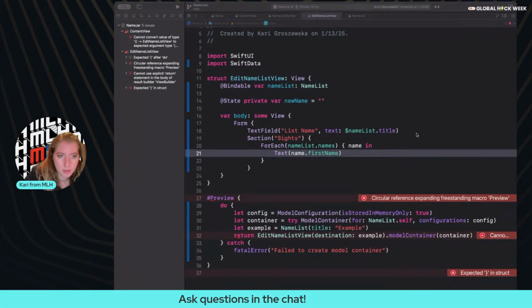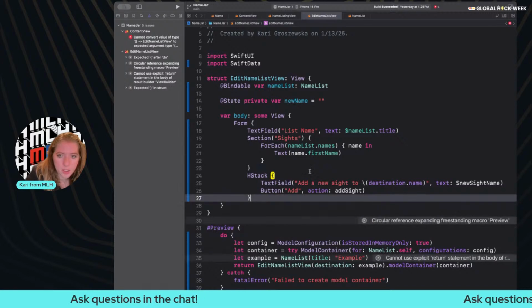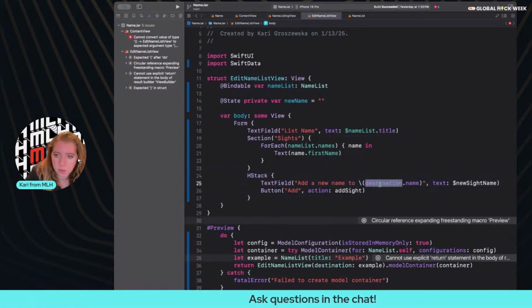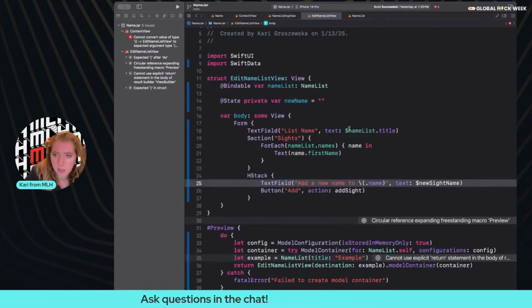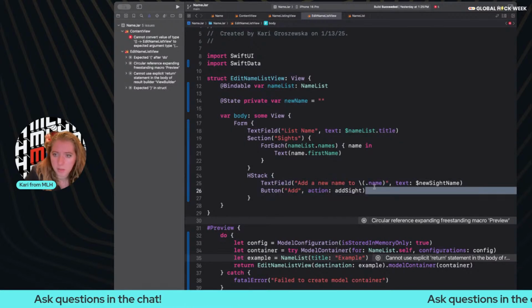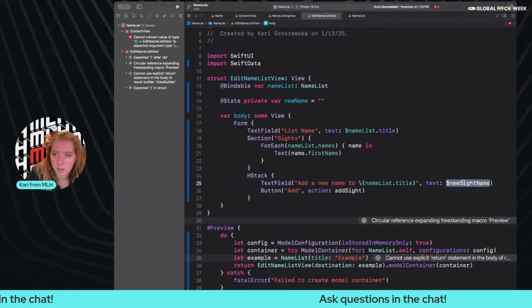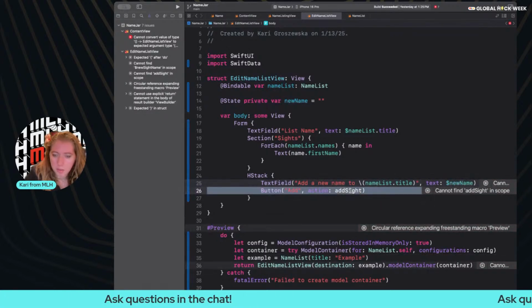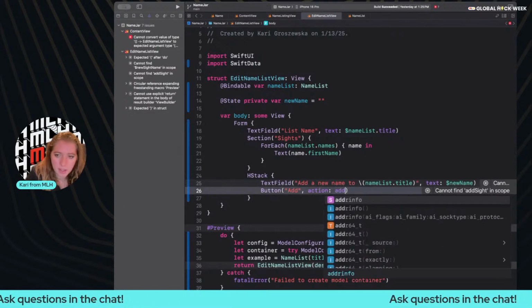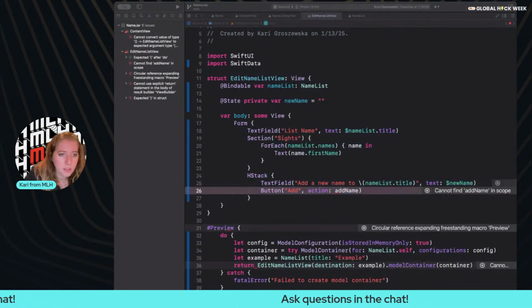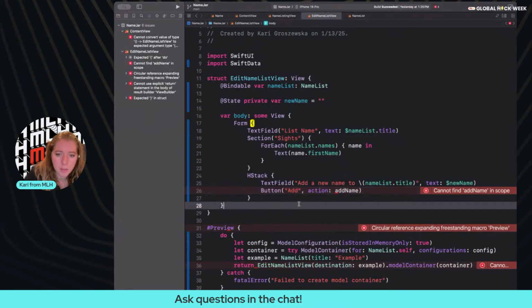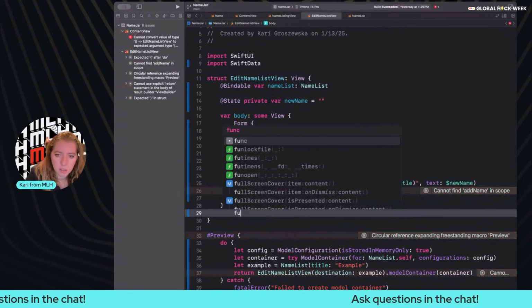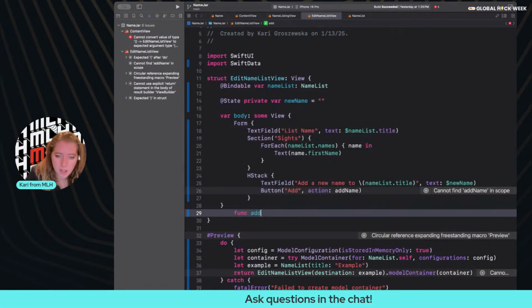So it's under the section here. Add a new name to nameless.title. Text will be $new name. For action, it will be called add name here. So then I have a function that I would create called add name,